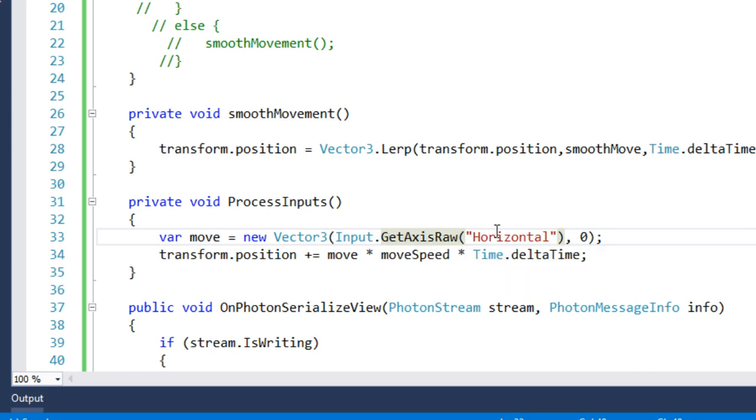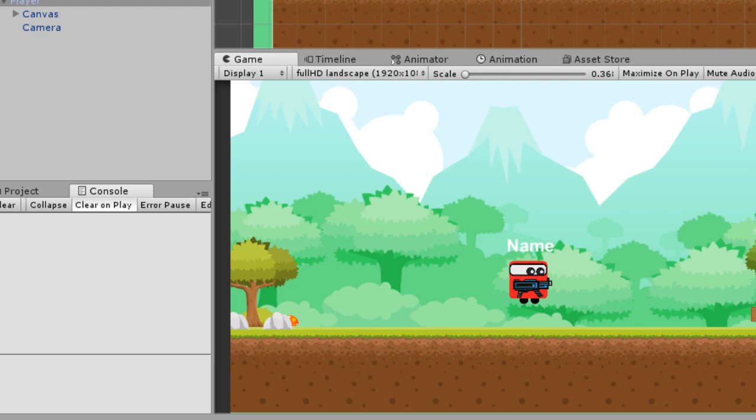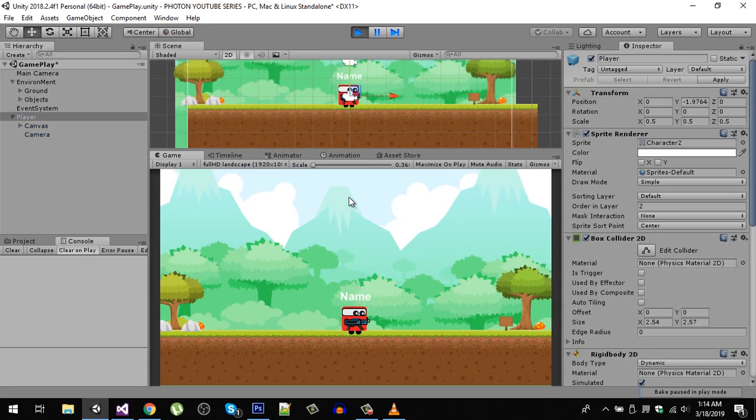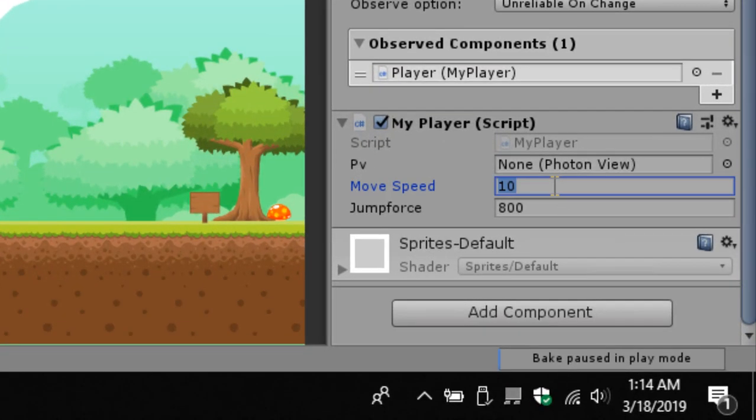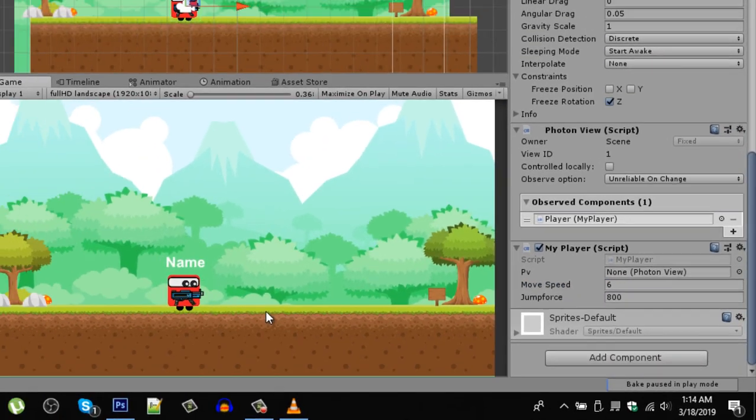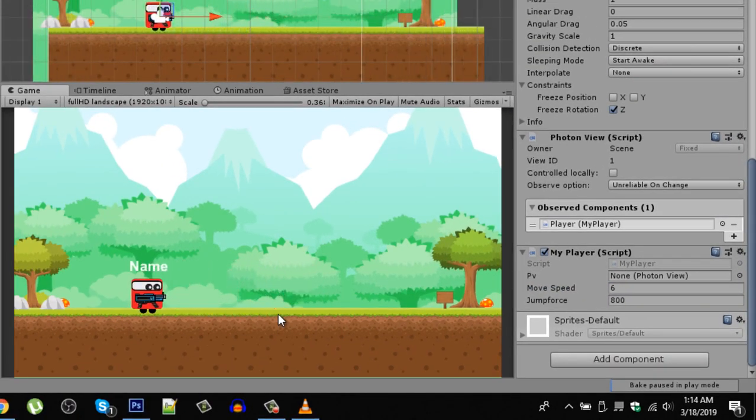If not, please check out the official documentation. Now you can see we can move in our scene. If the movement is too fast, we can fix that by putting 6. So it looks good,